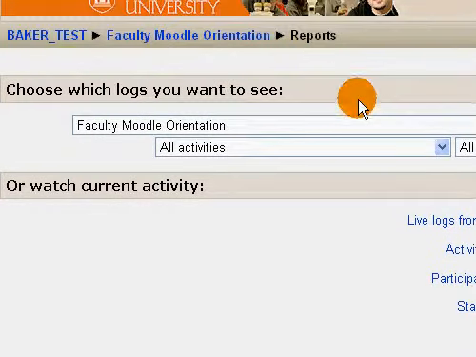Now when the screen refreshes, we're going to have to look at this in parts. You're going to be given a few choices here at the beginning, and these are just some basic choices and pretty self-explanatory. For one, here is the course name that you're currently in or using. You'll have it as a drop-down menu, so if you're teaching multiple courses, you could pick another course technically if you wanted to. Down here with activities,